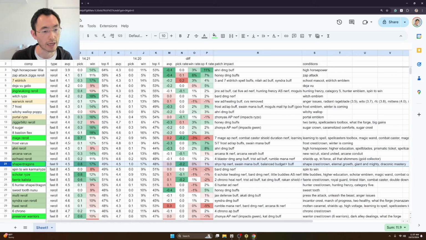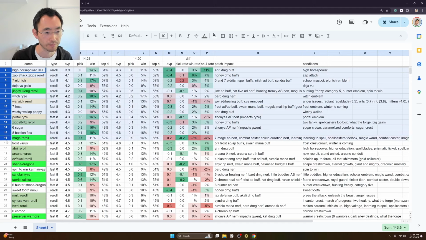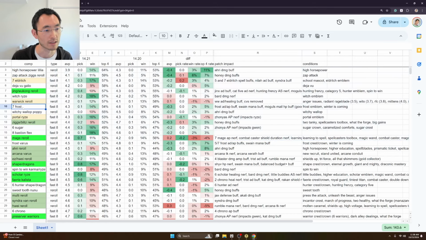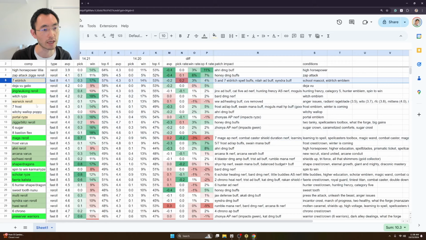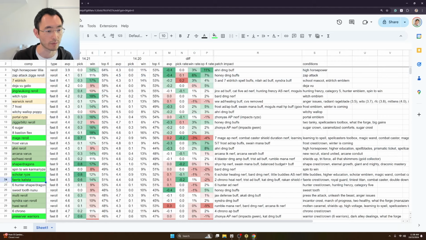So I suspect the meta is just going to be a lot more diverse. You have a lot more options. There are a lot more conditions that have very high AVPs here that weren't as strong. Like 7 Frost wasn't as strong before. Ziggs wasn't really an option, and Eldritch wasn't really that much of an option, though it was playable. But now you have 7 Frost and 7 Eldritch as viable verticals. You have a lot more of these hero augments, and of course you have all of your main